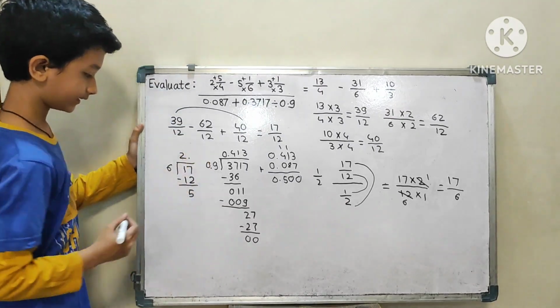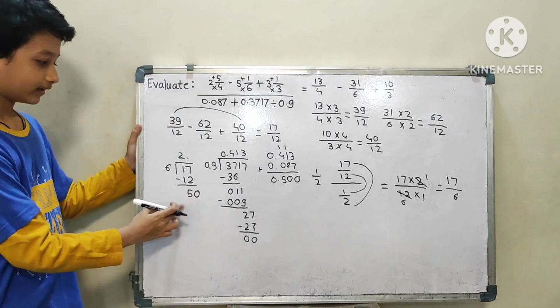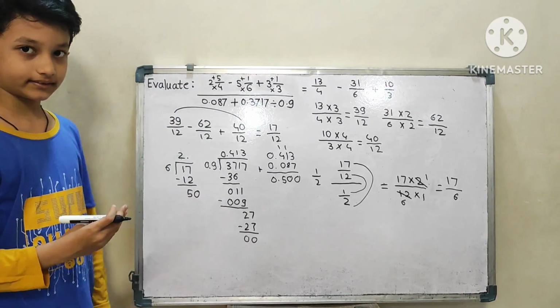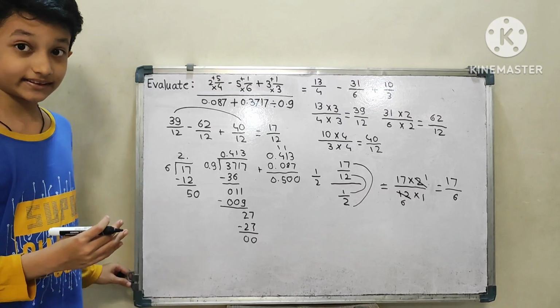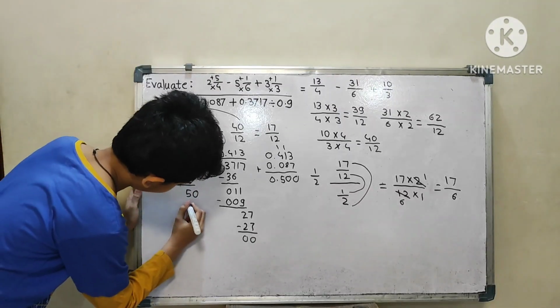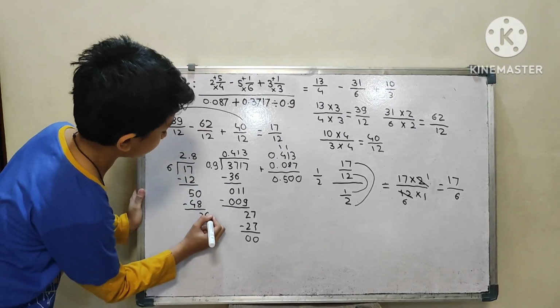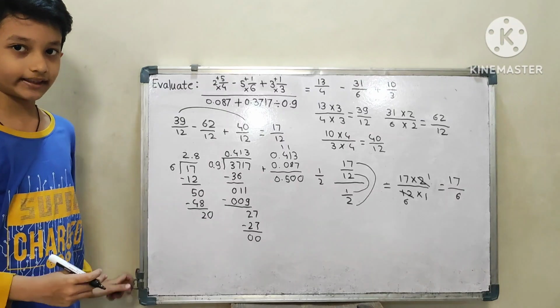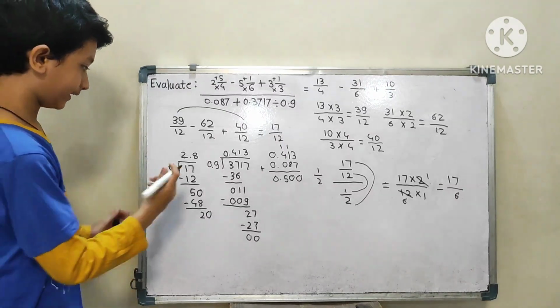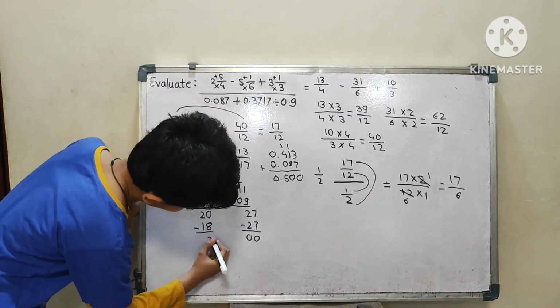So we will put here a decimal point and write a 0, making it 50. Now 6 eights are 48. So we will write here 8 and this 48, and we minus it, so we get 2 and then one more 0, so here it is 20. So 6 threes are 18. So 3, and if we minus it, we get 2.